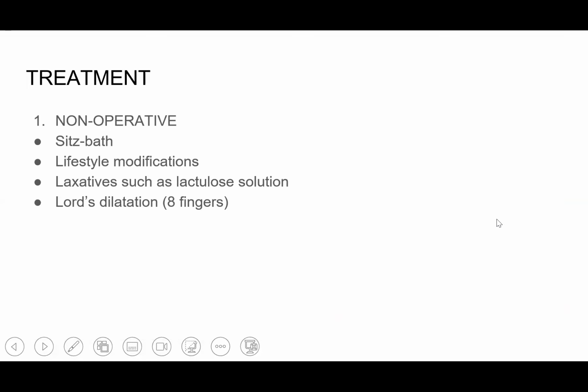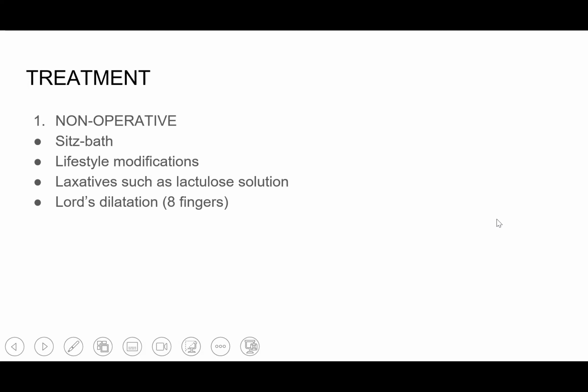So, treatment of hemorrhoids. Hemorrhoids are treated first non-operatively through sitz baths. The patient is counseled to sit in warm saline, a supersaturated saline solution. This helps, first of all, to shrink the anal cushions, and secondly, it is bactericidal, killing all bacteria. Secondly, patients are counseled on lifestyle modifications, needing high fiber diets and more fluids, so that they have